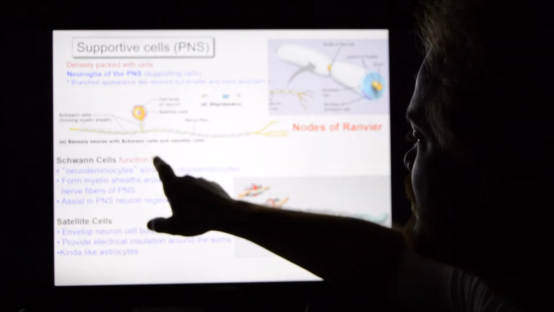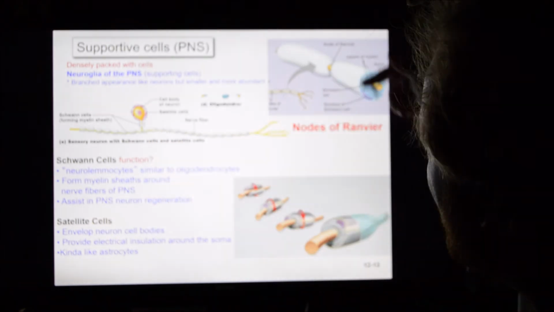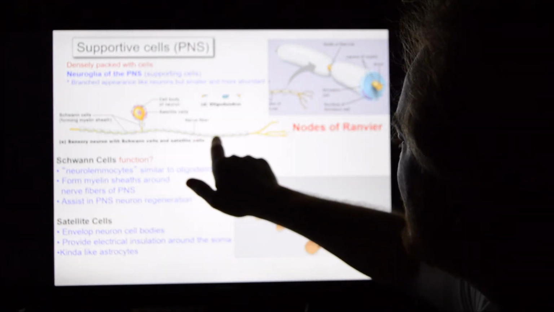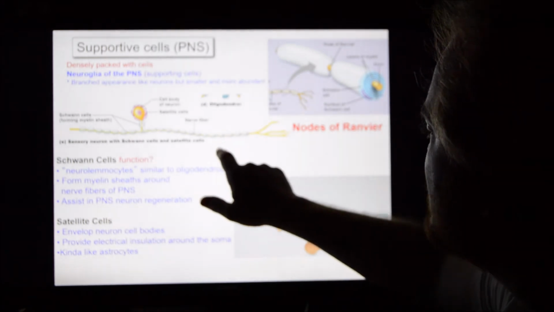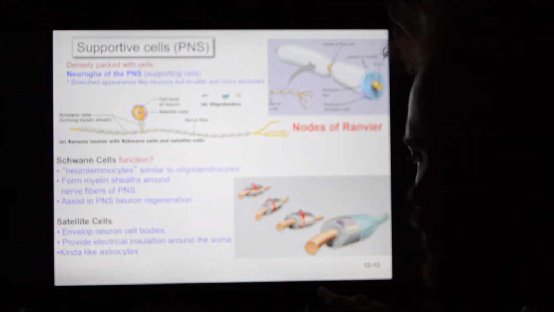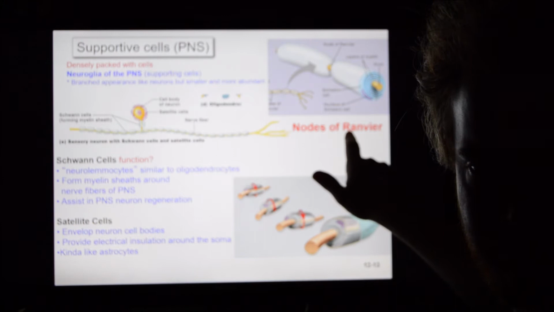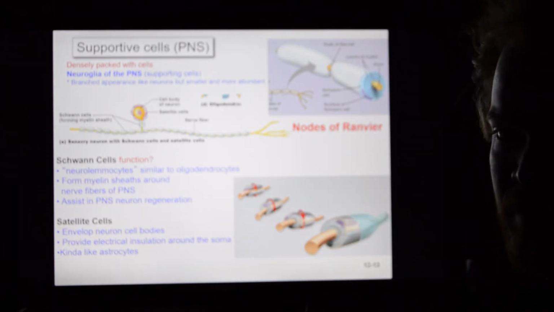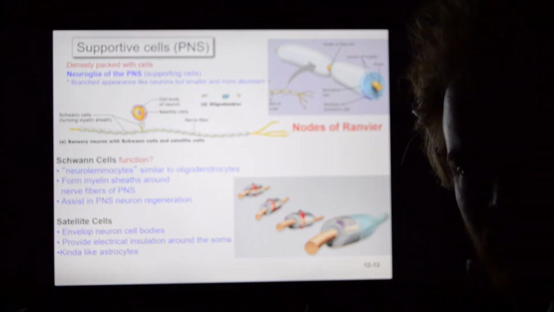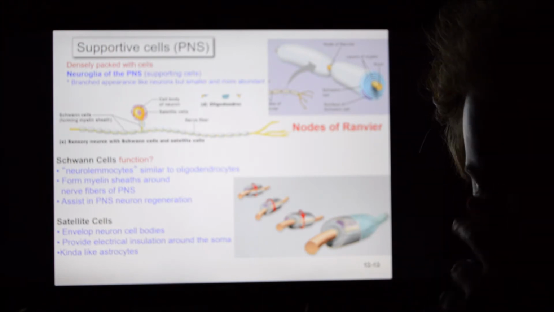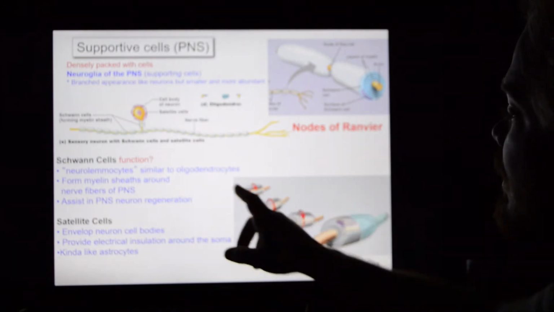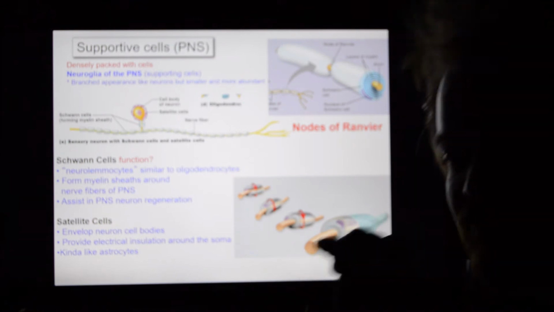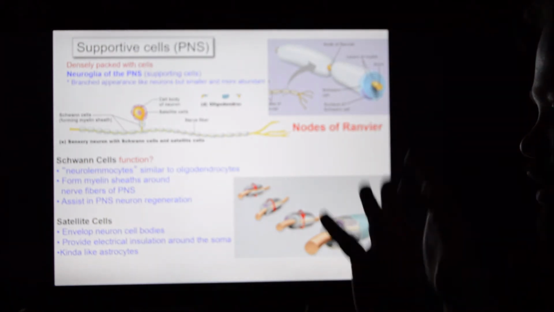What you have in the peripheral nervous system is all these Schwann cells wrapped around the axon, and they have little gaps in between them. The gaps are called the nodes of Ranvier. Let me say that again. Schwann cells are found in the peripheral nervous system. They cover and insulate the axons in the peripheral nervous system. Sometimes they don't. And where they are, there will be little gaps between cells called the nodes of Ranvier. This is very important to how this all fits together.